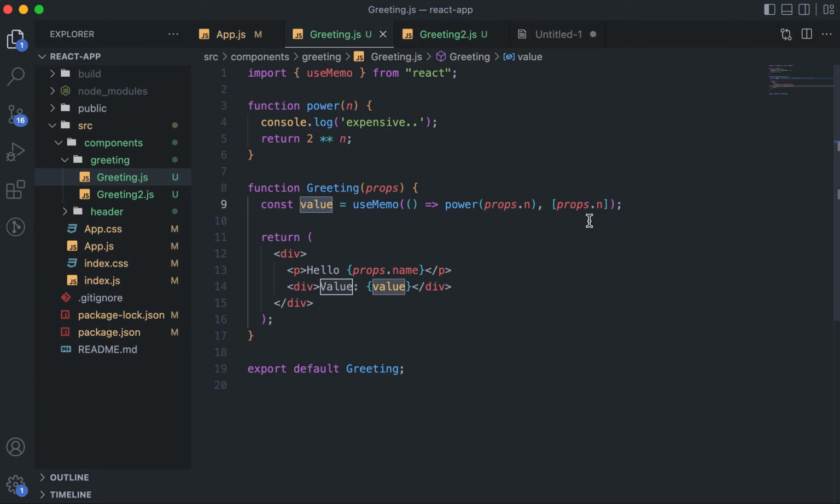If this is changing, then this function will be called again, and whatever the return value of this function is there, that will be again cached in this value, which means that again in the next render, if props.n is not changing, the same value will be used. Remember that you are not caching this function, you are caching the output of this function, which means that what React will do, that in every render,